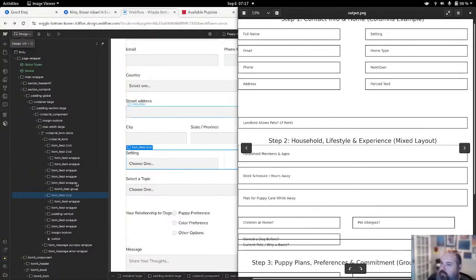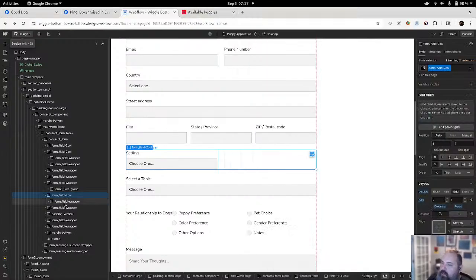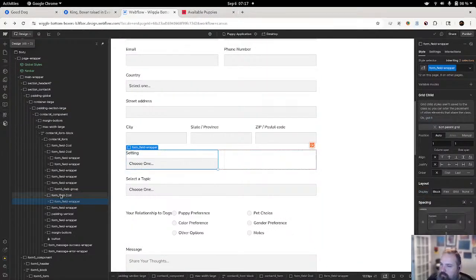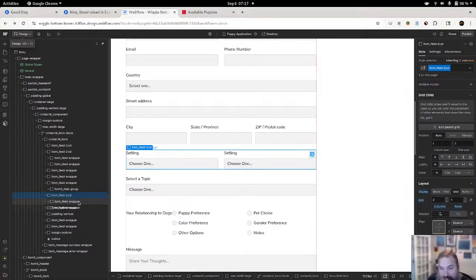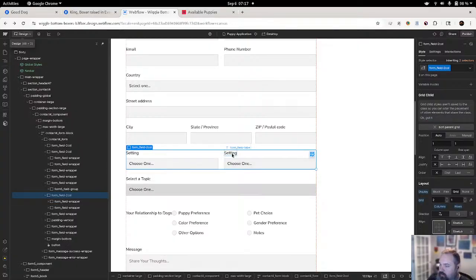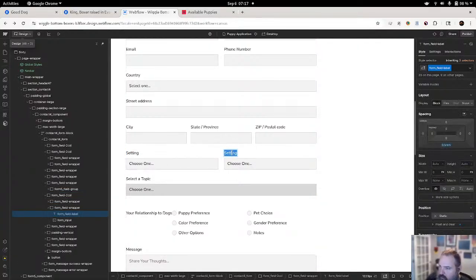Home type. Home type. Home type, and it'd be apartment, condo, townhouse, single house, you know, other.